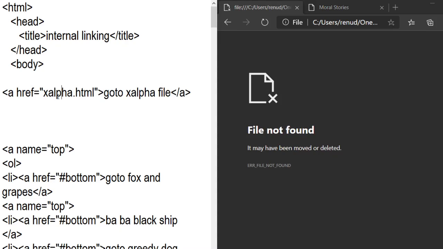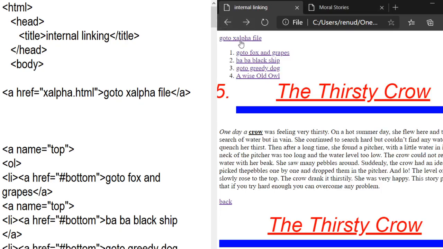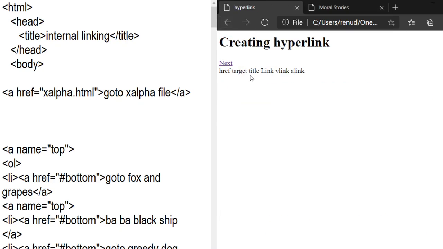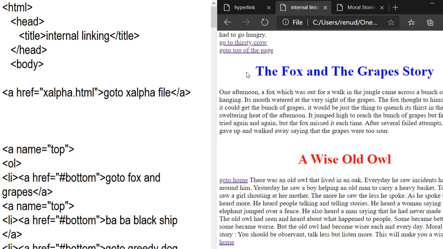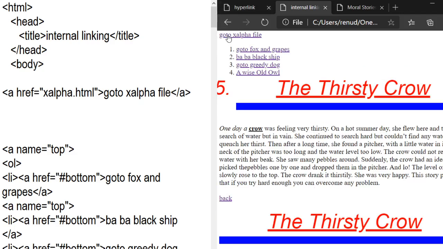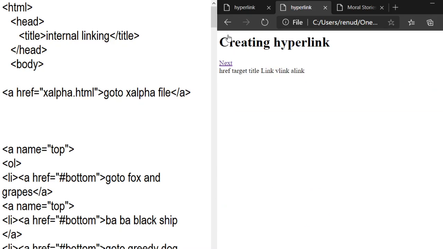Okay, now you can refresh here, and again go to 10th alpha. When you already created a link in 10th alpha and click on next, you move here again. When you click on Baba Black Sheep, this is your internal linking. And when we click here and another web page opens, this is your external linking.